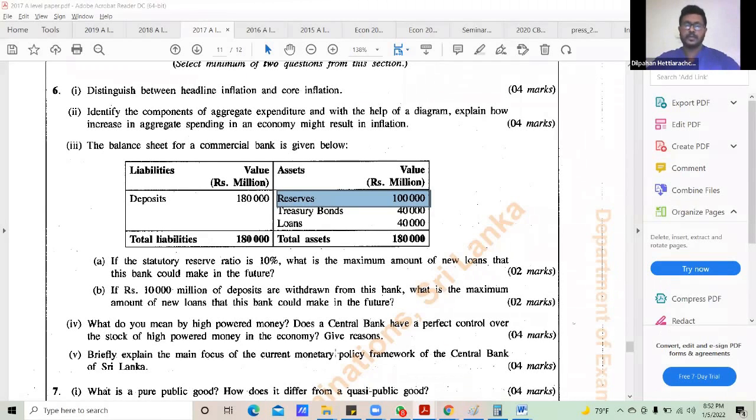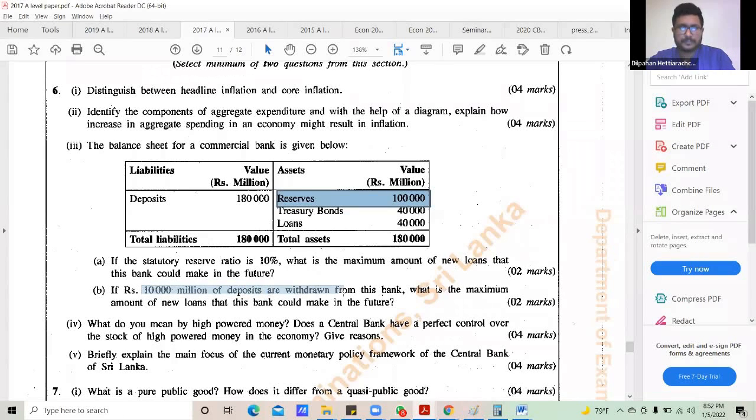So then we'll go for B. What's B? If 10,000 million of deposits are withdrawn from this bank, what is the maximum amount of new loans that this bank could make in future? Once again, they ask the same question, but they are giving another scenario. So we have to do that adjustment and do the calculation once again, right? So then we have to draw a new balance sheet